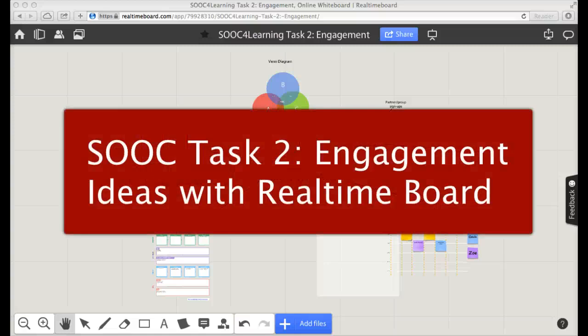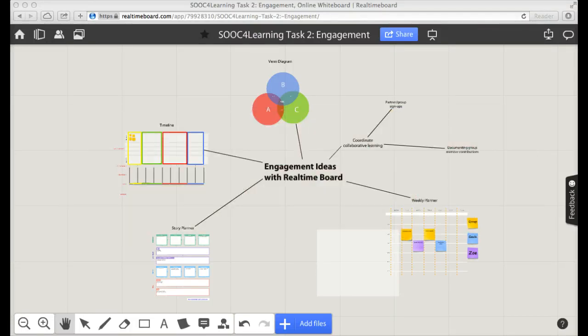This week, as we're focusing on providing multiple means of engagement in the SOOC for Learning course, I decided to create a short screencast and online interactive whiteboard using Realtime Board, because I mentioned this tool in one of the Hangouts in the first week, and there was some interest. So I thought I would just show you how it works and some of my ideas for how we can use it to recruit interest, sustain effort and persistence, and